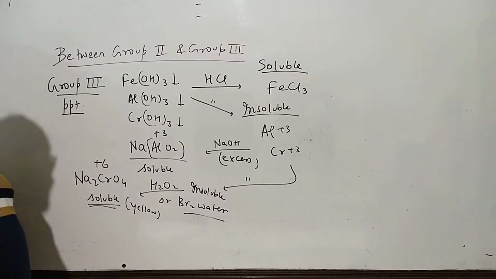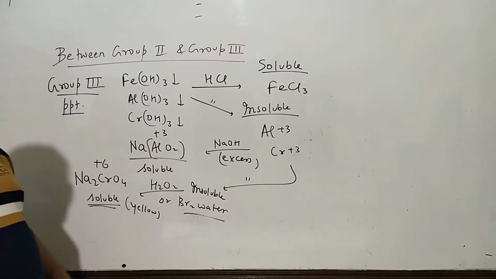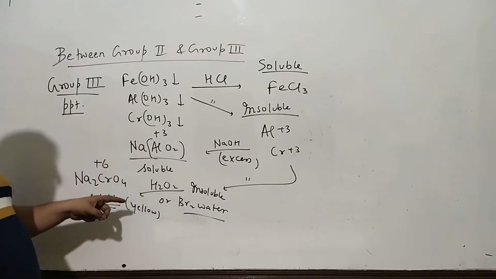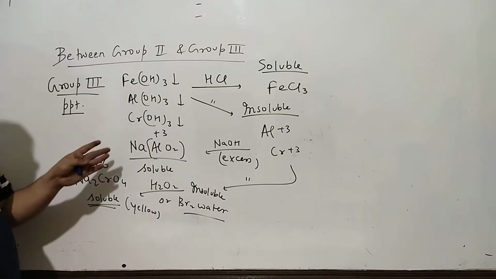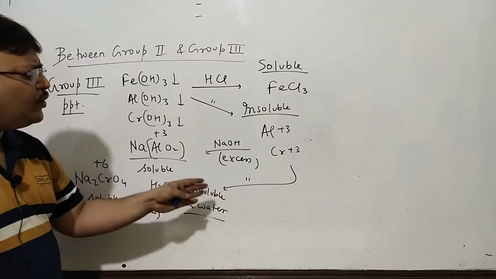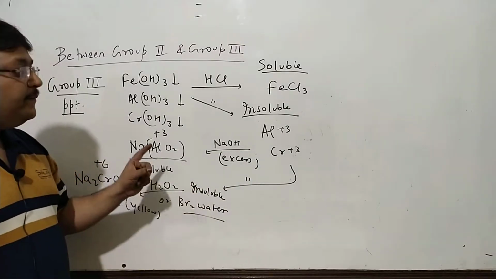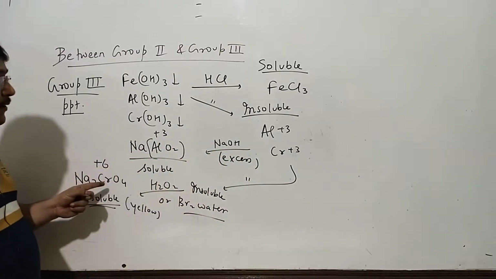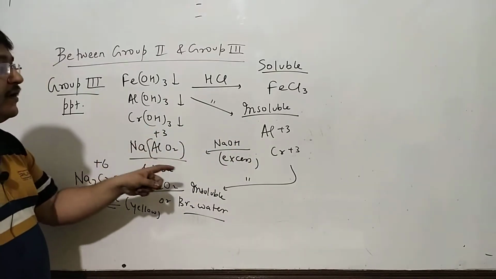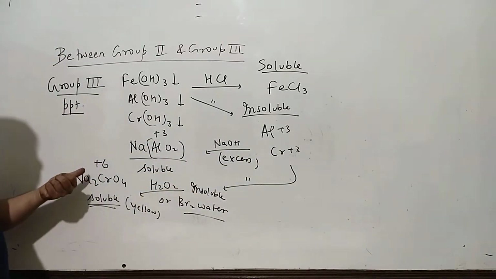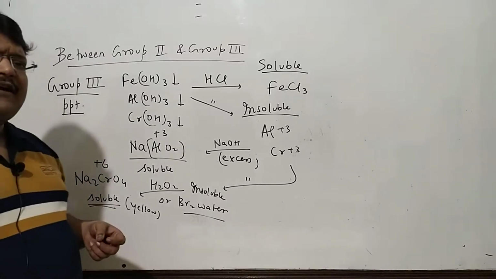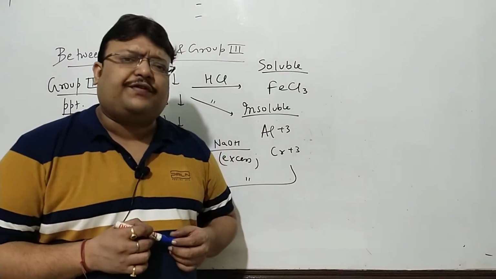So these are small little things which you'll need to know. That this formed aluminate soluble, this formed chromate soluble. Now this required only NaOH and here you had to add an oxidizing agent as well because there is an increase in oxidation number. Here +3 remains +3, where here chromium +3 has to become +6. NaOH cannot cause oxidation. NaOH is not an oxidizing agent.